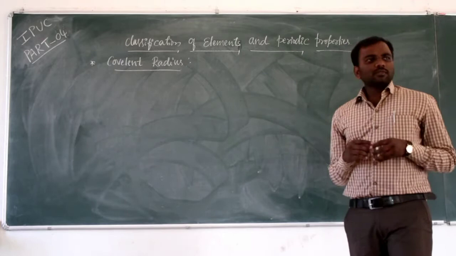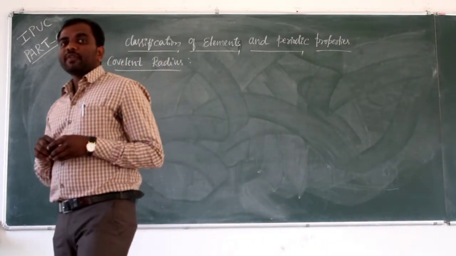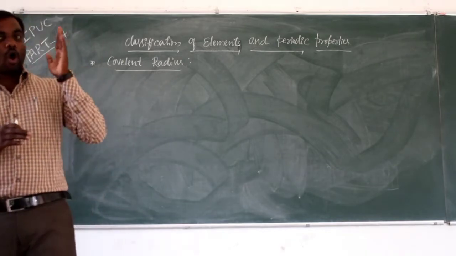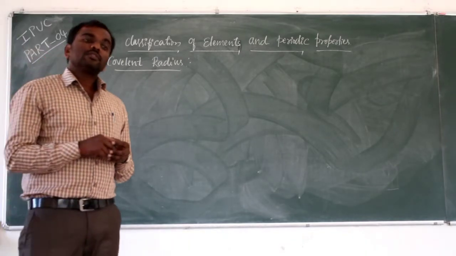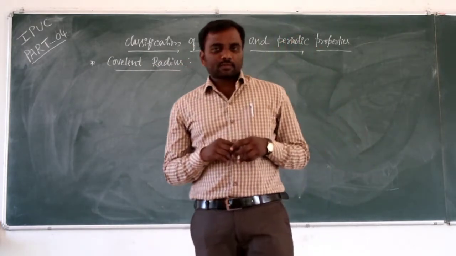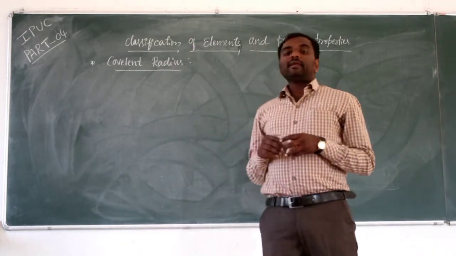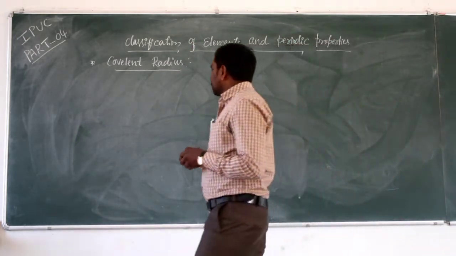Here atomic radius means the distance between the center of the nucleus and the outermost valence shell. That is called atomic radius. Is it clear? So what about covalent radius? Covalent radius, see,